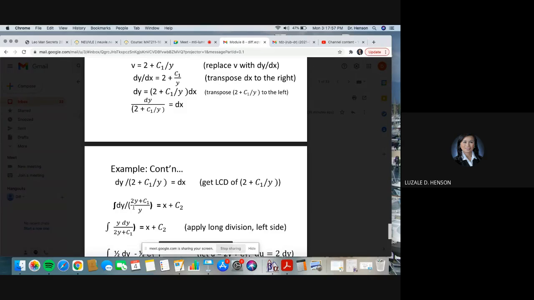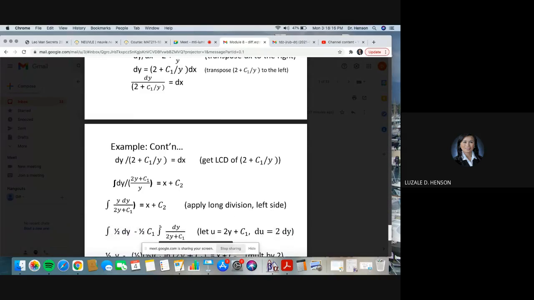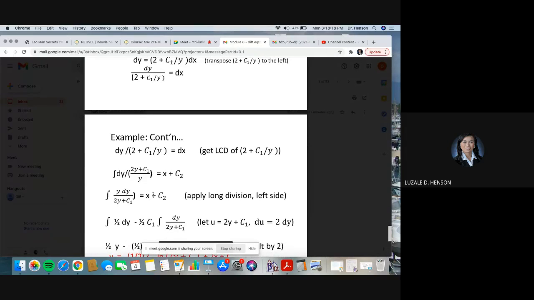Why am I writing it this way? Because I want to flip this. Para next line, yung y na yan sa ibaba, sa ilalim, will be multiplied with dy. Okay? Reciprocal lang naman. So y dy equals 2y plus c. So this is now exclusively y. This contains variable x, ready for integration. So once you integrate this, that gives you x plus c sub 2.